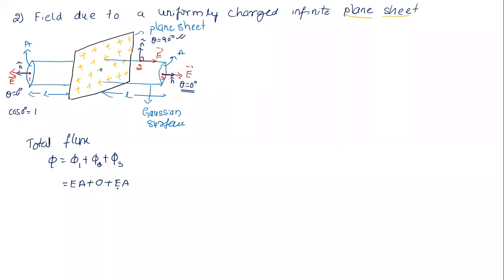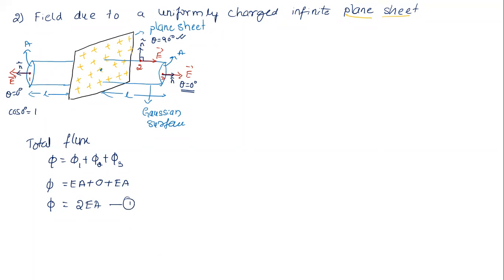Here one doubt you can ask me: sir, the electric flux at the first and third locations are in opposite directions, are they not going to cancel each other? No, they're not going to cancel each other, because what type of quantity is electric flux? Scalar quantity. So direction does not matter. So it will be adding, it will become 2 times EA. That is the flux through surfaces 1 and 3, because the second surface, the curved surface, is not contributing anywhere. Let's say equation number 1.